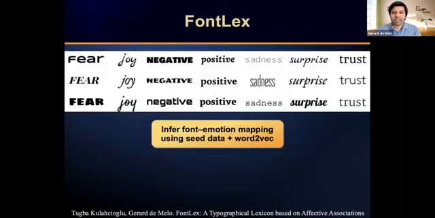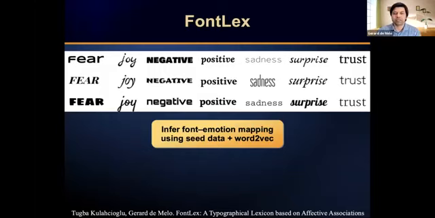And so what we did was, now we looked at the data that we have and came up with a way to get the fonts for a few core affects: fear, joy, surprise, trust, and also just general negativity and positivity. And you can see these fonts do make sense. Like for sadness, we get these very bland, serene fonts. For joy, you have something more playful. For trust, you have something quite serious.